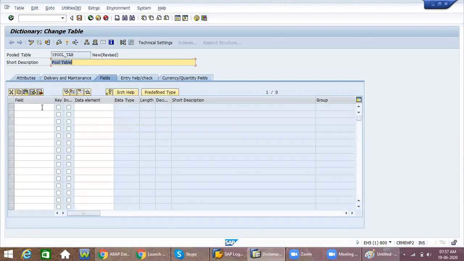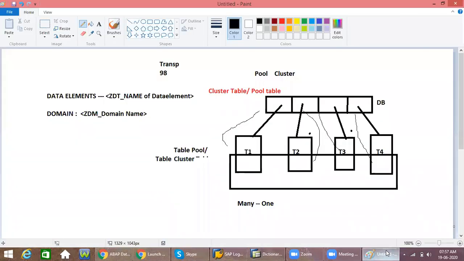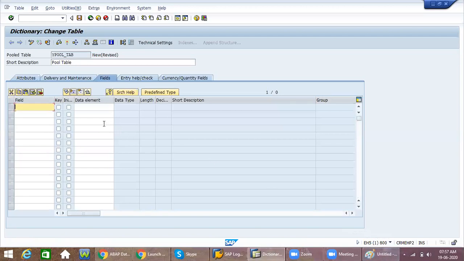Come to the fields. This pooled table can have multiple fields, like the employee number and all these things, however we are creating it; you can provide the mandate like this.